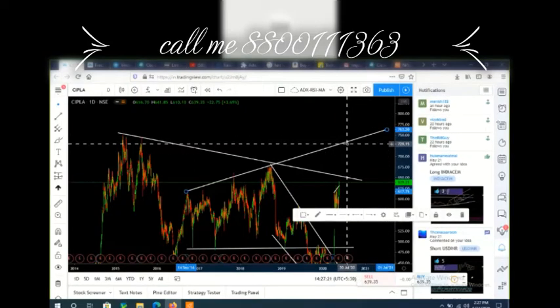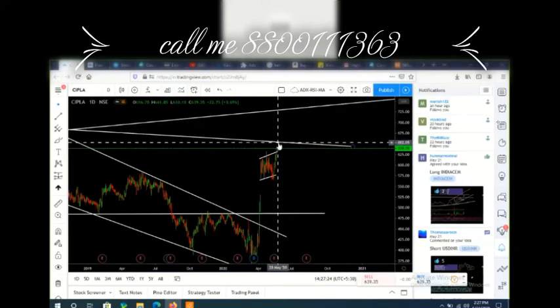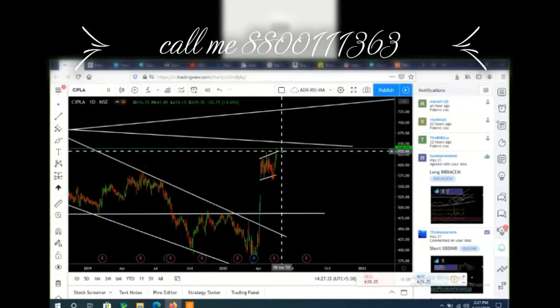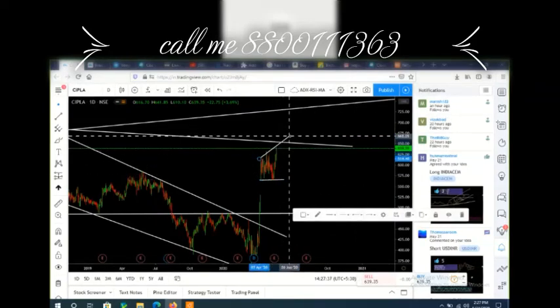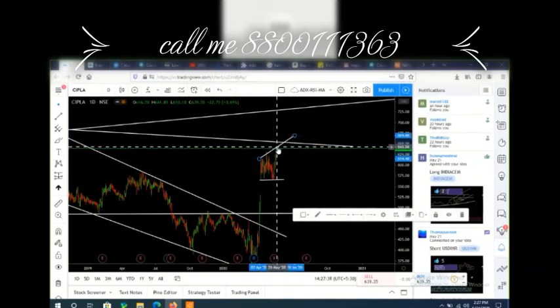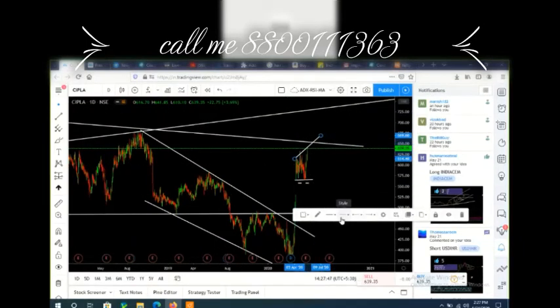It will go near 730, but after 10 to 20 rupees, it will create resistance near 655. There is also resistance near 600. If the resistance near 655 breaks, it will come here to 728. So it is in the bullish range right now.